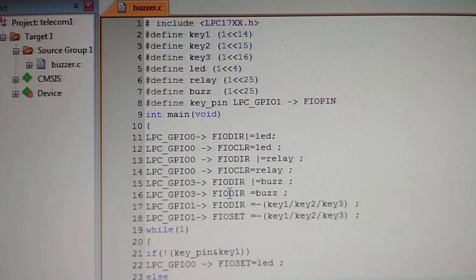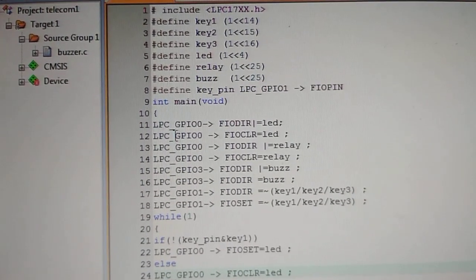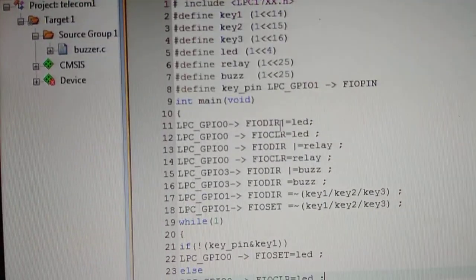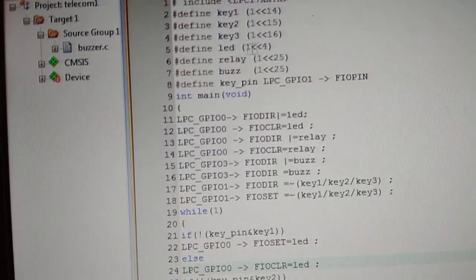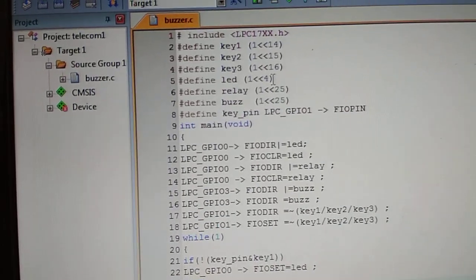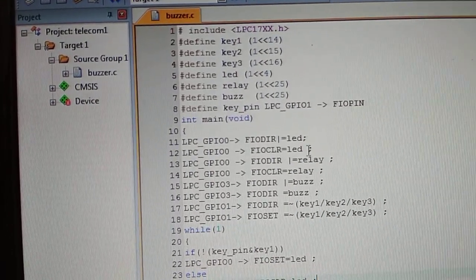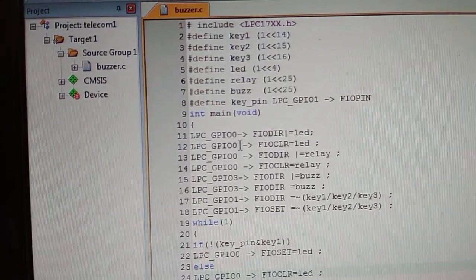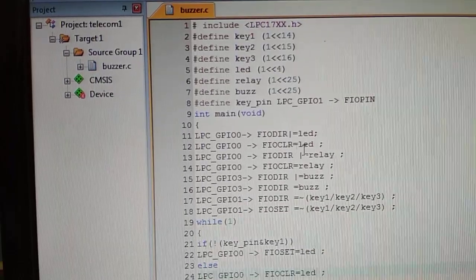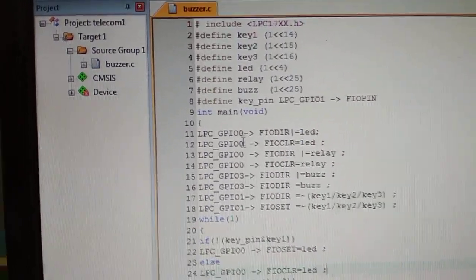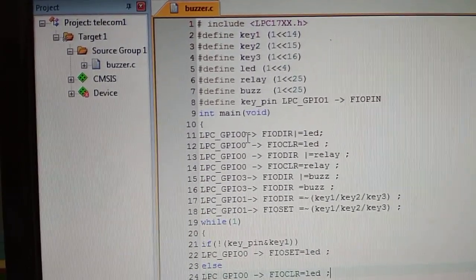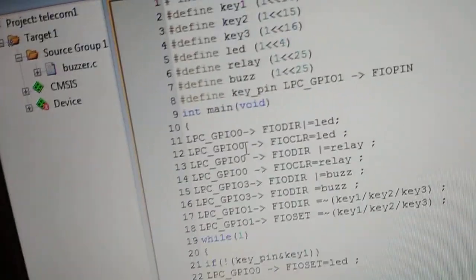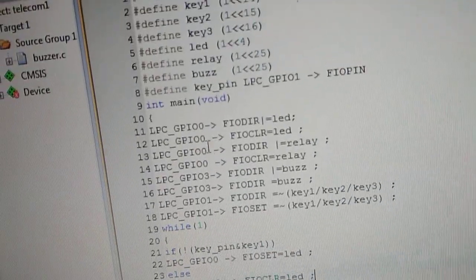Now come to the program. In this program, this is the syntax for how we have to set the LED. LED here is nothing but port 0, 4th pin, so this value will be considered here. First we have to glow that, and again we have to clear that LED. For clear, this is the format. So here we are taking GPIO 0 because, as we saw from the kit, the LED is at port 0. That's why we are putting 0 here.